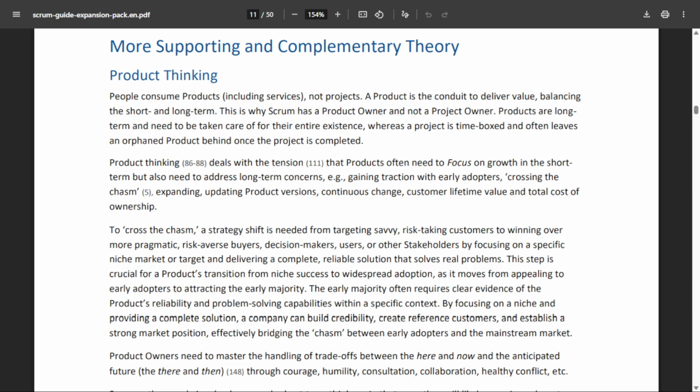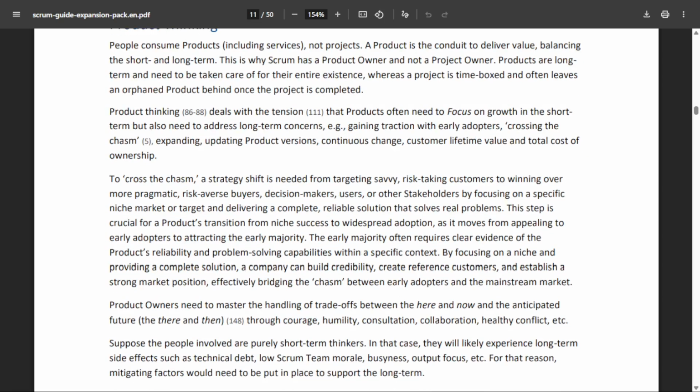So product thinking, as it says in this document, deals with the tension that products often need to focus on growth in the short term, but also need to address long-term concerns: gaining traction with early adopters, crossing the chasm, expanding, updating product versions, continuous change, customer lifetime value, and total cost of ownership. So as you see this challenge, it's important that you see products